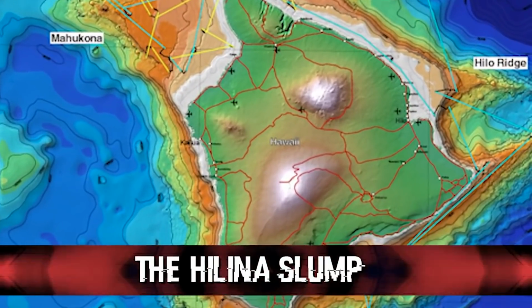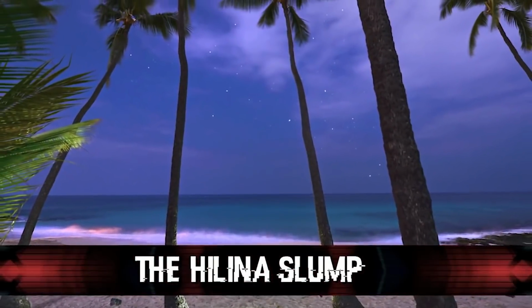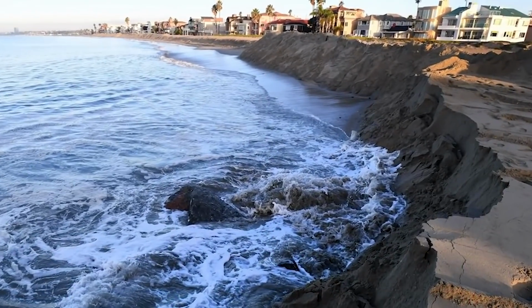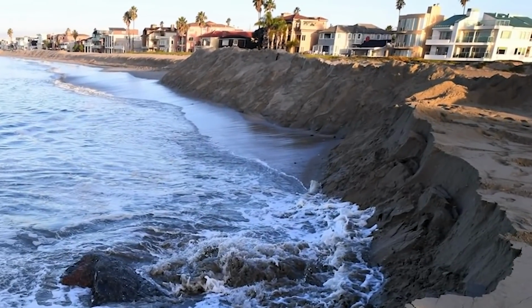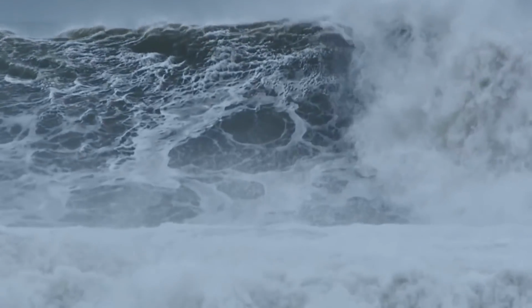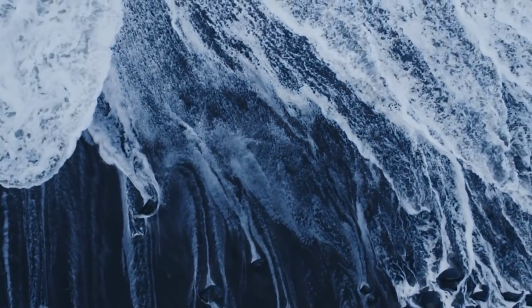This unstable slope is located just south of Hawaii's biggest island, and every so often it creates a landslide that is the cause of tsunamis. There is evidence that around 120,000 years ago there was a really large landslide on the slope that caused a tsunami over 400 meters high. The most recent tsunami caused by the slump was in 1975, and it managed to reach all the way to